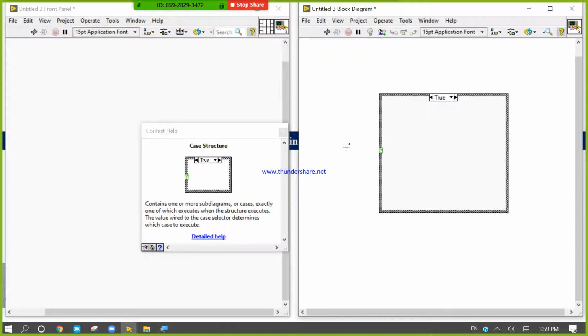Okay, so there is one or more sub diagrams. So this is the true and this is the false.